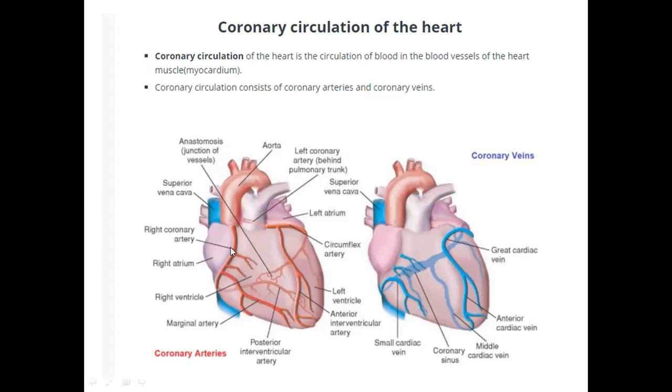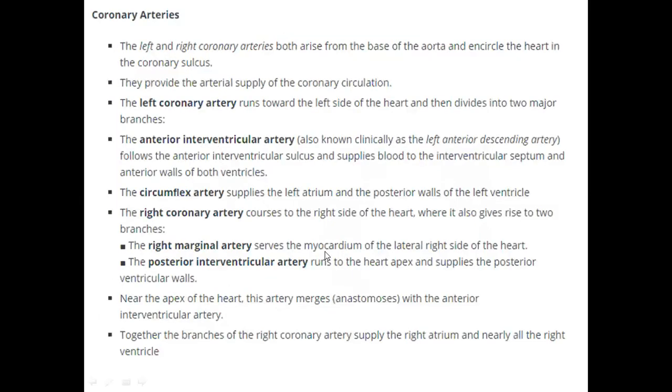So two main branches of the right coronary artery. One that goes posteriorly is the posterior interventricular artery, and one that runs marginally, which is called the marginal artery, supplying the lateral aspect. So here, the marginal artery supplies the lateral aspect of the right side of the heart,